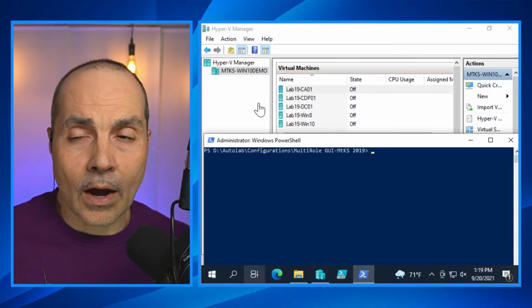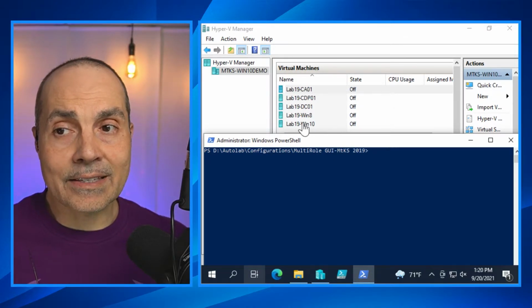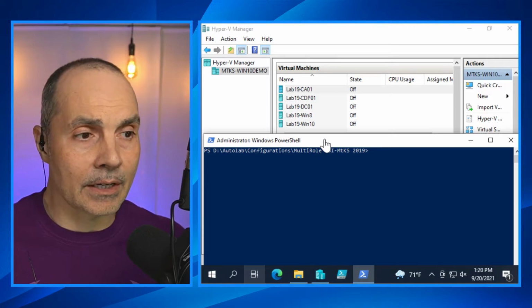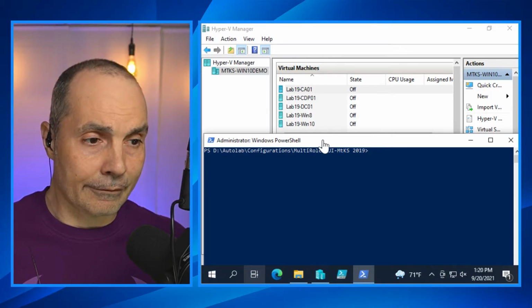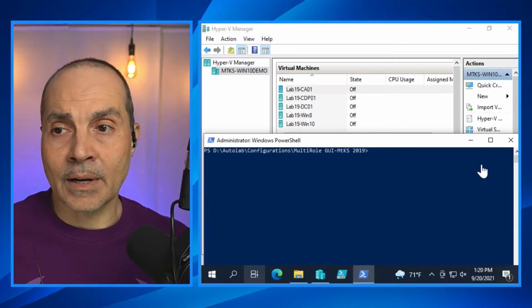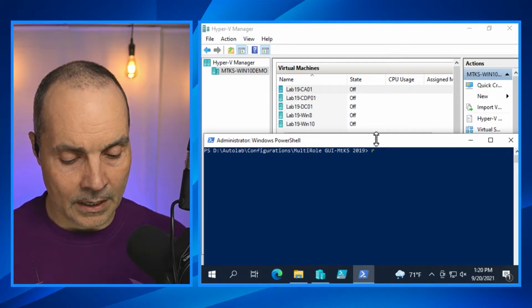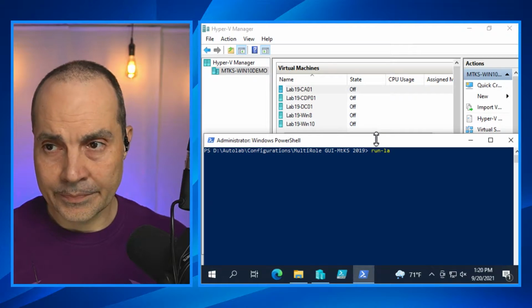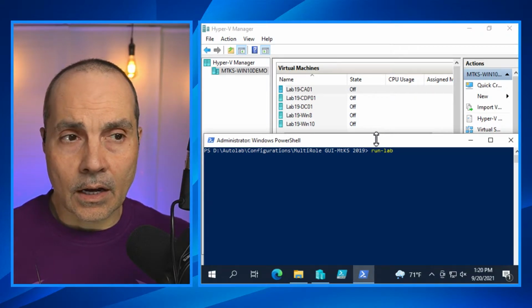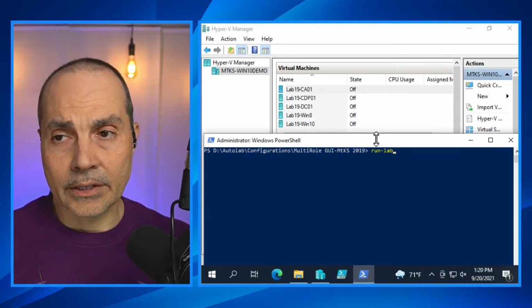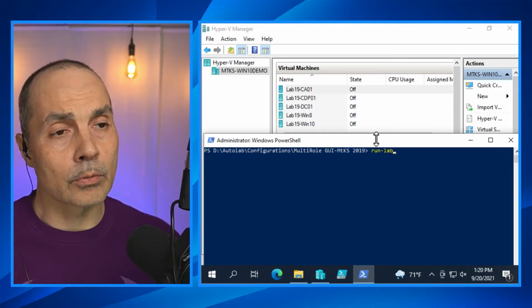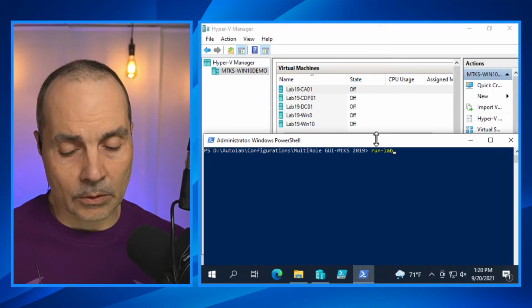Okay, so I've got Hyper-V, it's here. All of my guests, however, for my Active Directory environment are powered off. So I would like to start my lab up. So with an elevated command prompt, I can start my entire lab up by running the command run-lab. And Autolab and Lability working together know the roles that you have installed,